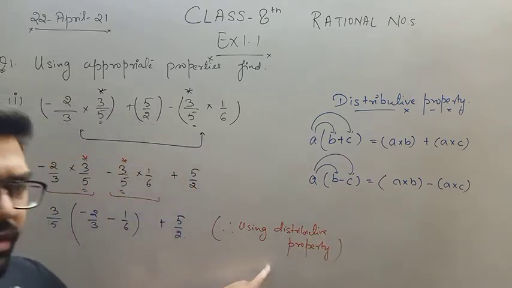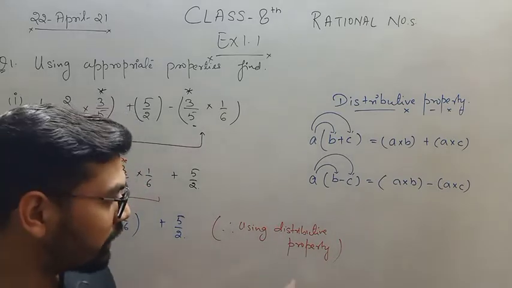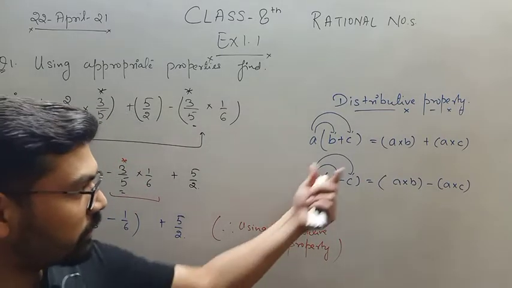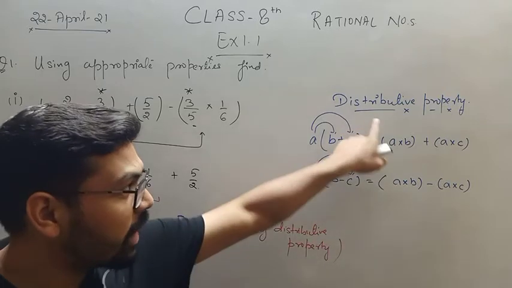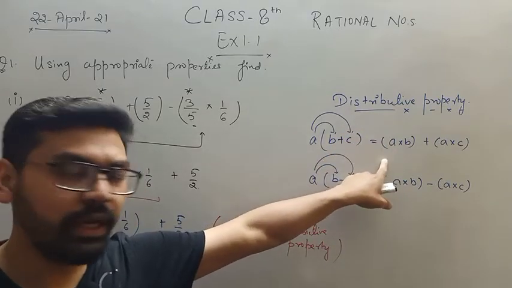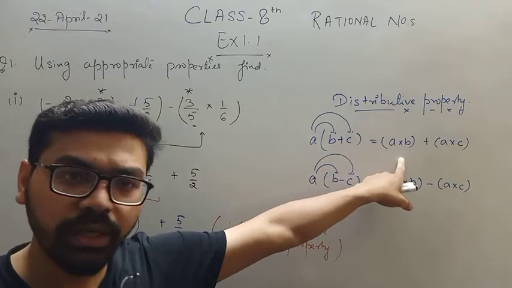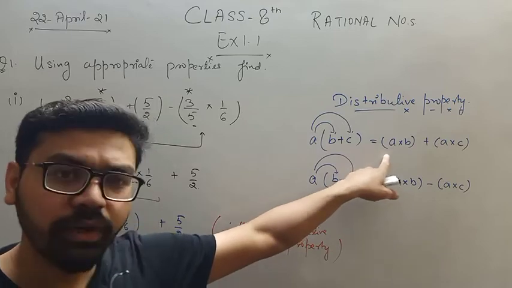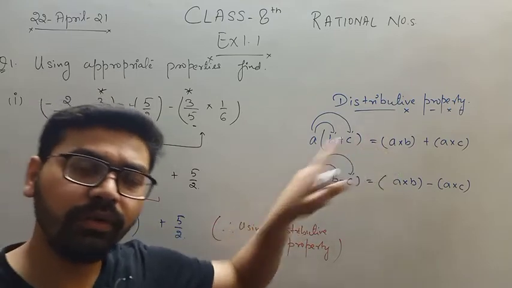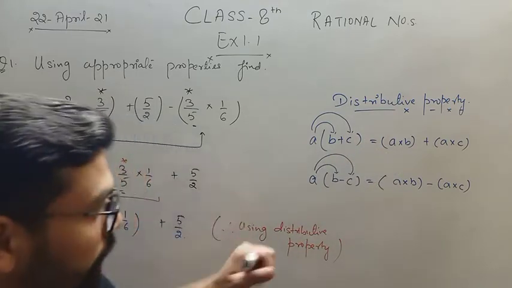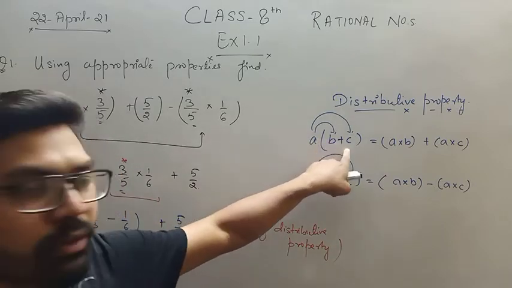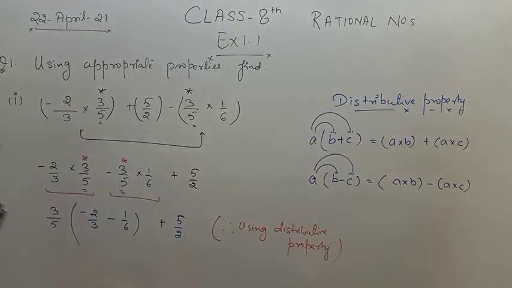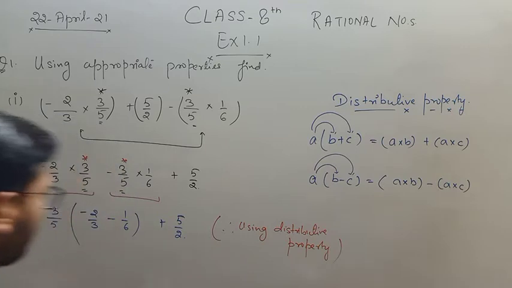So distributive property is not new for you, but the name is new. ऐसा नहीं कि ये operation नया है आप लोगों के लिए, but the particular name of this operation आपको नहीं पता था, but the thing is very familiar to you because this concept you have I think learned in class 6th, where you learn how to multiply a monomial with a binomial. Okay, so using distributive property.